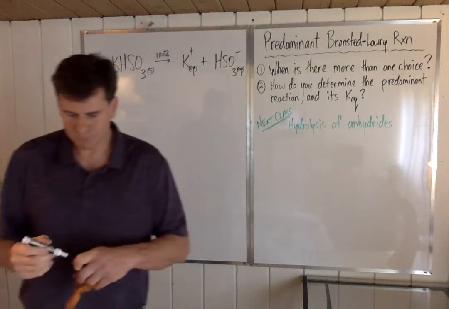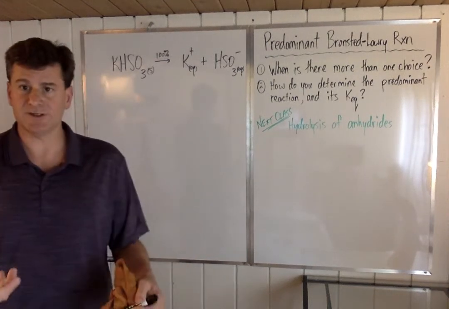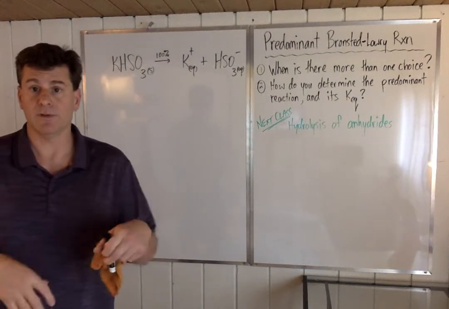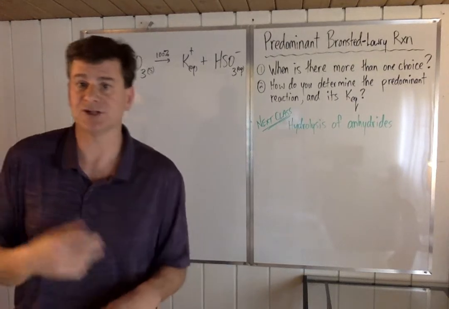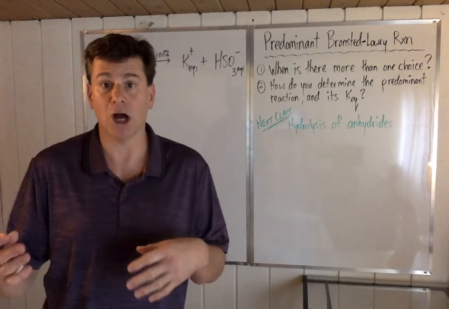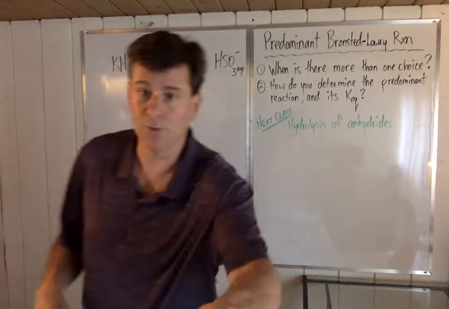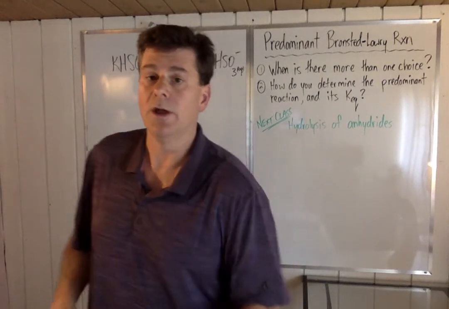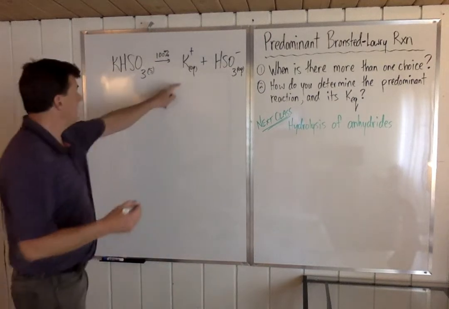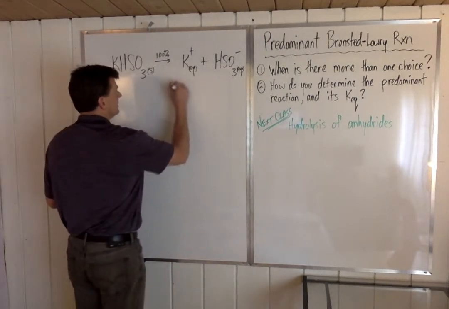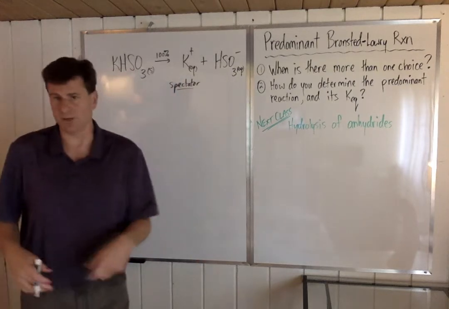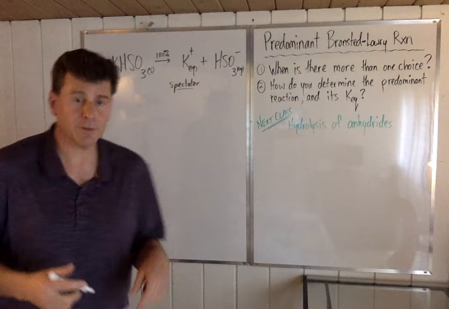Okay, so here's our first example of a chemical where there is a choice. There are two Bronsted-Lowry reactions that are going to go on, and there is a predominant one and then a less dominant one, obviously. Okay, so what are the two possibilities here? Well, K plus is still a spectator. Okay, so that's not what I'm changing. However, the HSO3